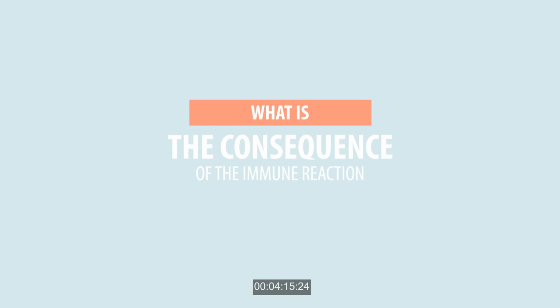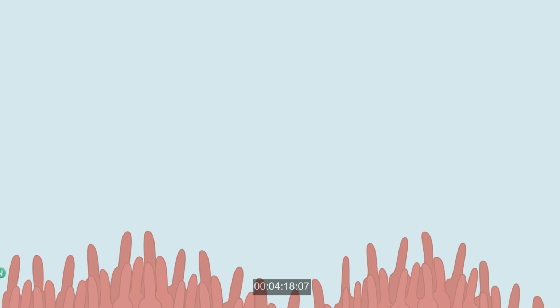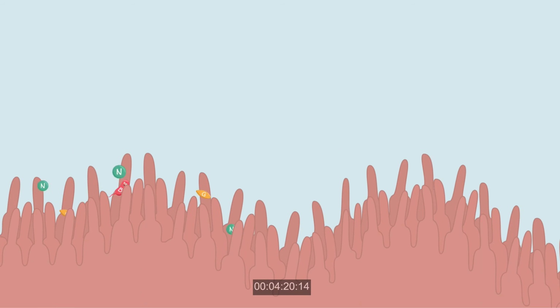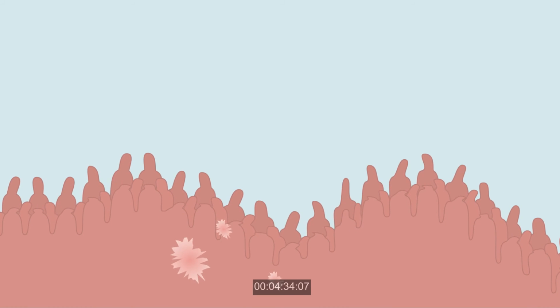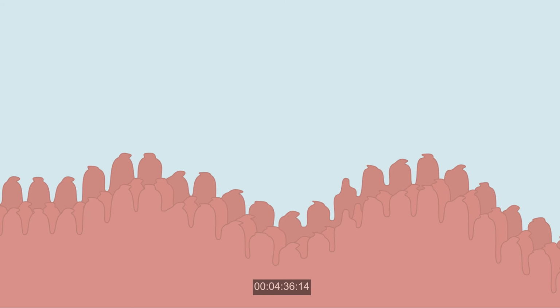What is the consequence of the immune reaction? The immune reaction against gluten and tissue transglutaminase will be maintained as long as gluten is ingested. The ongoing inflammation is causing more and more damage to the villi until they may even completely disappear and the intestinal lining becomes completely flat. When this happens, the surface for nutrient absorption is reduced. In combination with the ongoing inflammation, this often leads to a variety of different symptoms such as diarrhea, abdominal pain